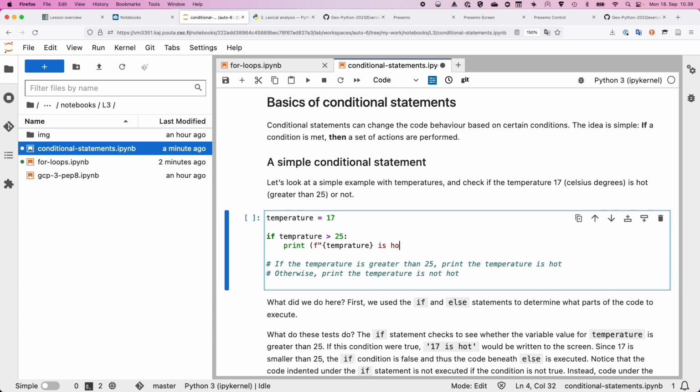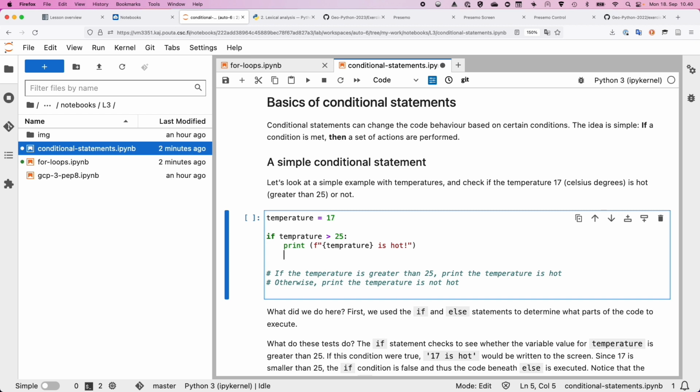Is hot. So what this basically does is it checks if temperature is greater than 25 degrees Celsius, it will print that the temperature is hot. And what if it's not? Then this is how you will